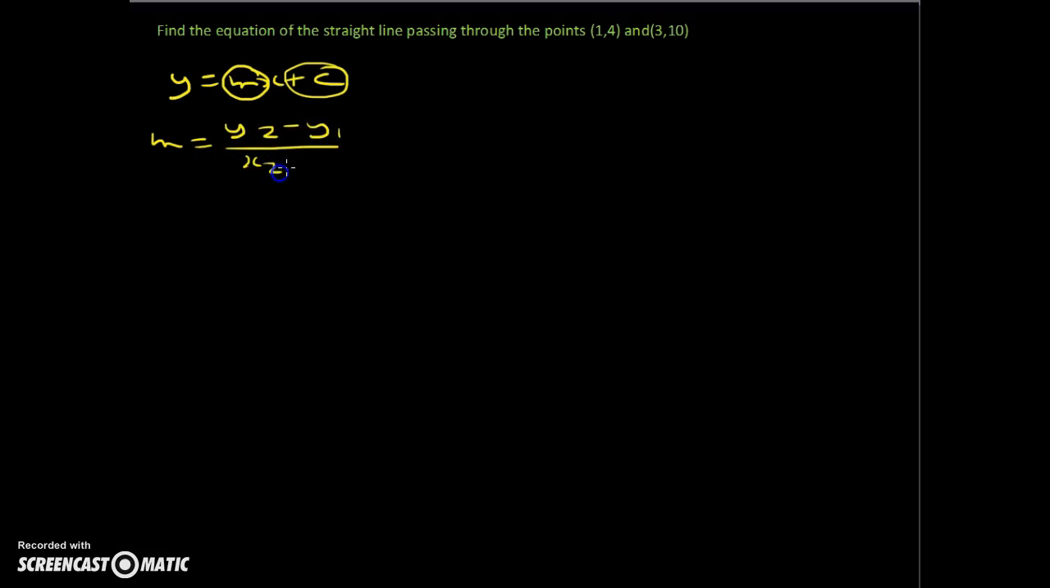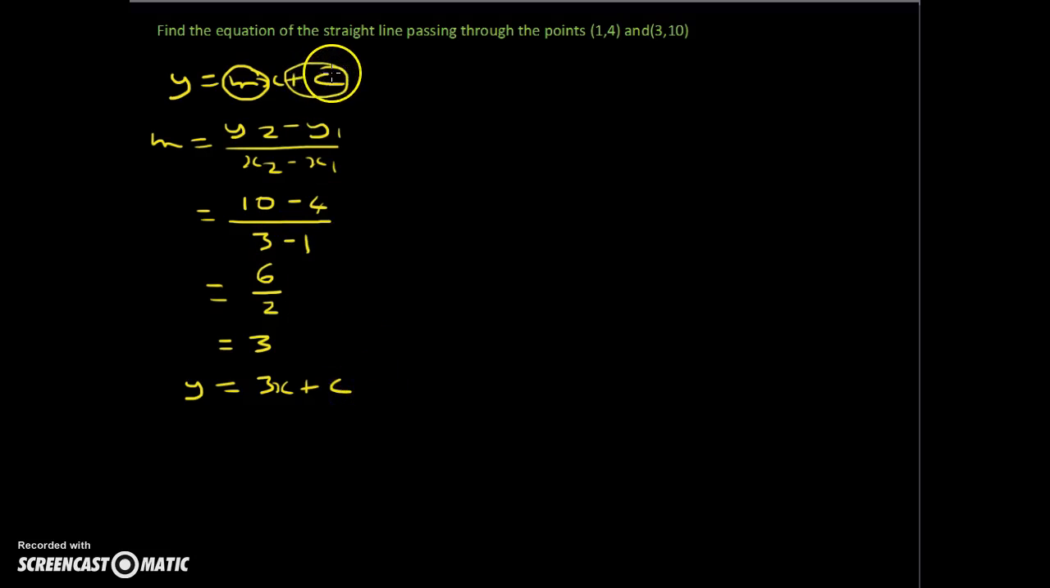y2 minus y1 over x2 minus x1. So y2 is 10, y1 is 4. 10 subtract 4. x2 is 3, x1 is 1. So 3 subtract 1. So that gives us 6 over 2, and it gives us 3. So now our equation of the line is y = 3x + c, and we still need to find c, the